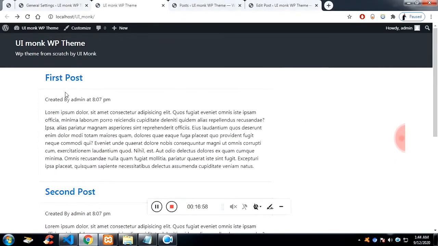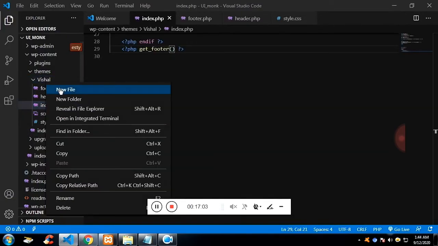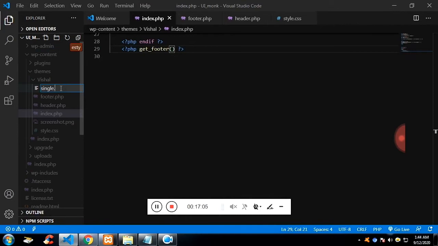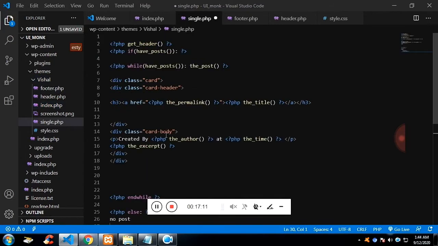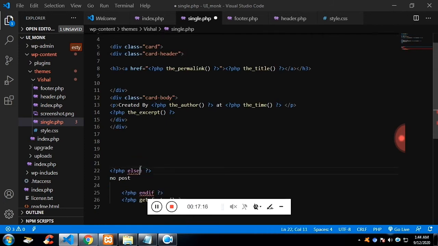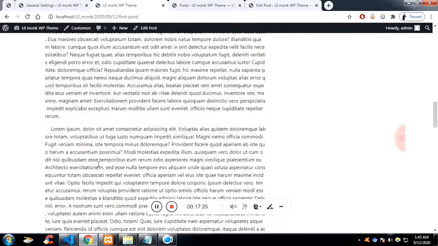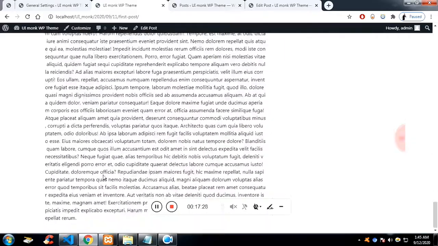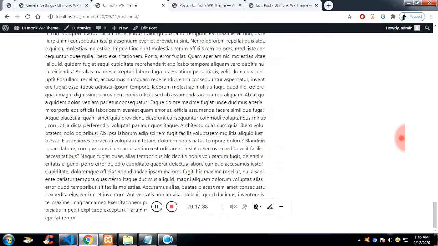Now when I click on it, we need a separate page to show the full content. For that I'm going to create a file called single.php. I'm not naming it just for my convenience, it is the actual way of assigning the name. So we don't need the if else condition, we don't need the while loop, since it is only one post. I'm just replacing the excerpt with the content, that's it. And don't forget, you'll get the source code in the description. Now if you see,